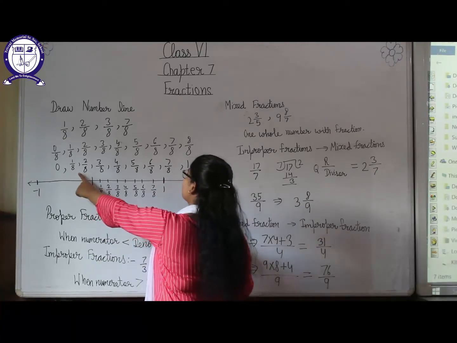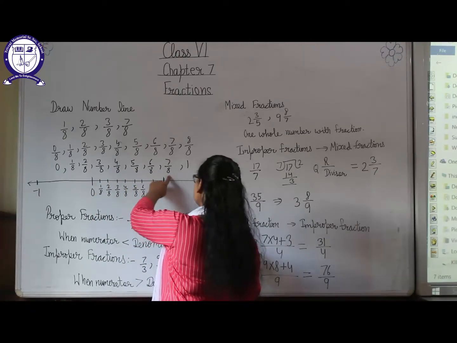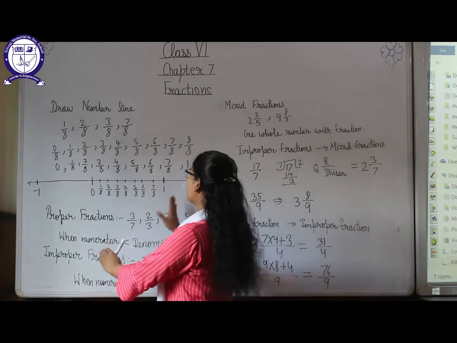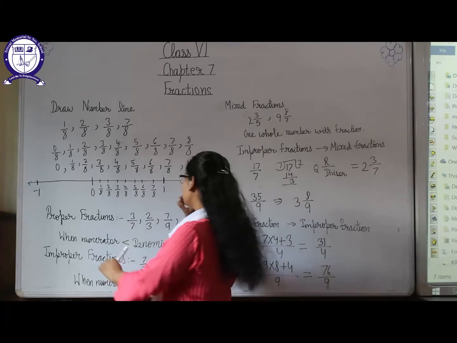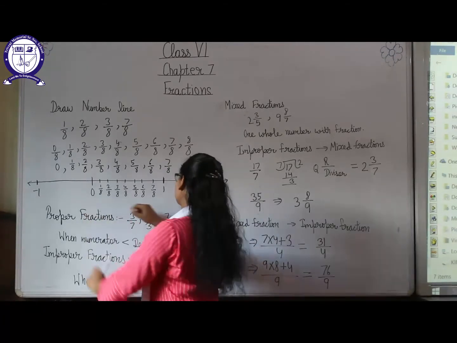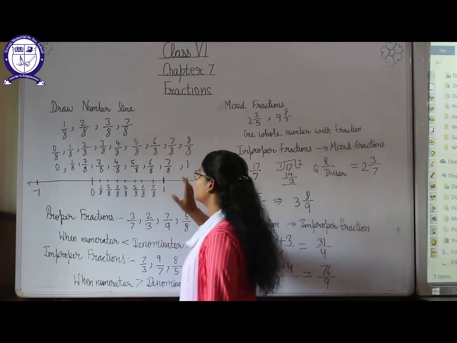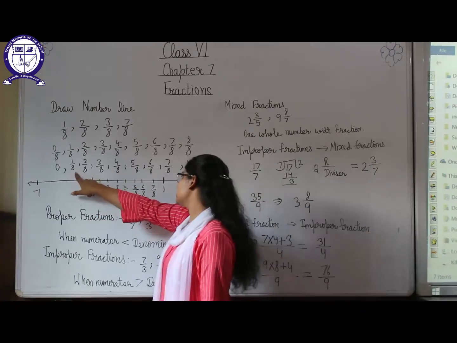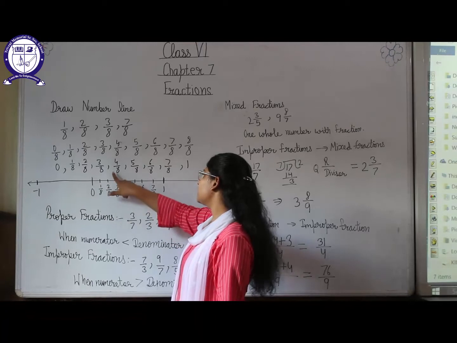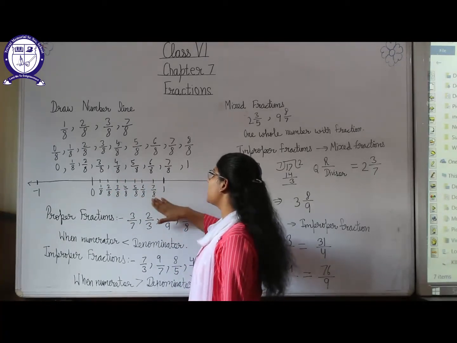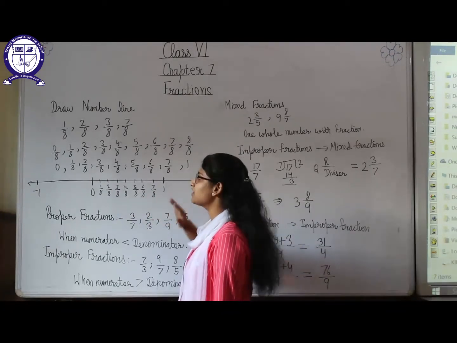We have to include 7. 1, 2, 3, 4, 5, 6, 7. Or we can say that there will be the 8 equal parts of the fractions between 0 and 1. So here it is 1 part, then 2nd, 3rd, 4th, 5th, 6th, 7th and 8th. Okay, so after 0 it is 1 by 8, then it is 2 by 8, after that 3 by 8, 4 by 8, 5 by 8, 6 by 8 and 7 by 8. Like this we will mention these fractions.